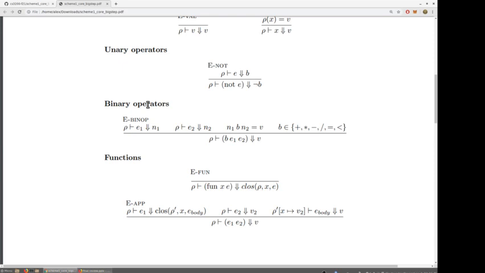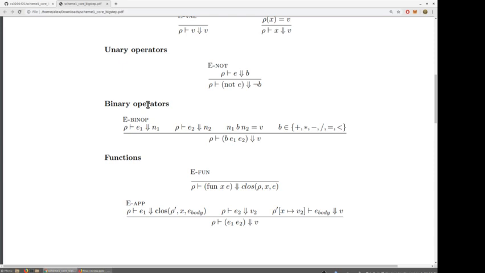Where you've got an application expression that looks like this, where there's just some E1 on the left side and some E2 on the right, and you've got your environment that you're evaluating under, and then this tells you how to evaluate the application. And in short, it's evaluate E1 to a closure, and evaluate E2 to some value, and then use that value for the argument